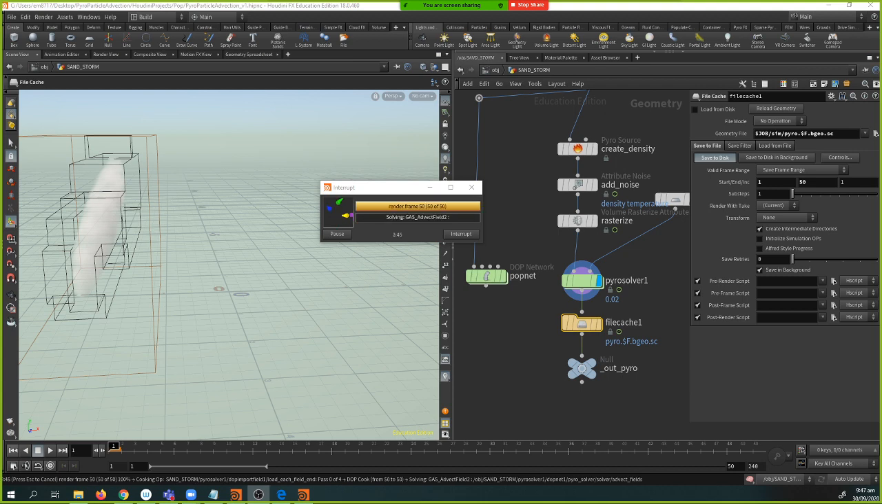Let's have some tea. Okay, the caching is